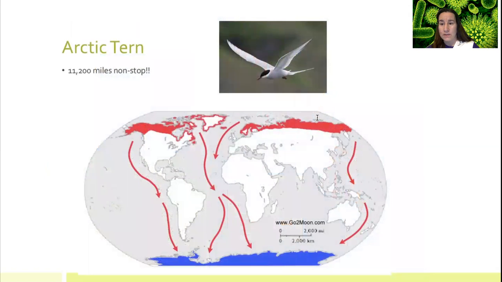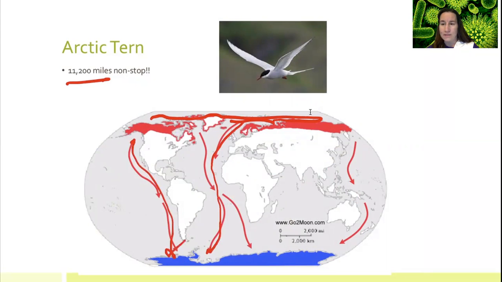The Arctic tern is going to go from pole to pole. It's crazy. So it's going to breed up in the North Pole, and then after it's done breeding, it's going to head to the South Pole. So literally 11,000 miles that they will travel on the Gulf Stream, on the currents, and they will head down to the South Pole. And then the season changes and they'll head back up. So they go from pole to pole. This is the Arctic tern. They get the gold star for traveling the most during migration.